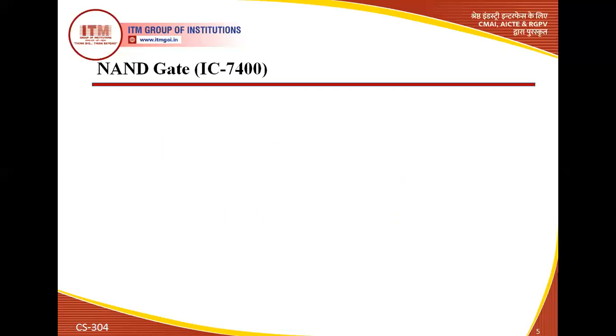We know that the NAND gate is very essential for designing other logic gates. So basically the NAND gate is the combination of NOT and the AND gate. In NAND, the N stands for the NOT gate and the AND stands for the AND gate. We can see in this diagram that if this bubble is removed from this symbol, then this is basically the AND gate. But here we are introducing the bubble, which means we are introducing the NOT gate after the AND gate, so that it will work as a NAND gate.